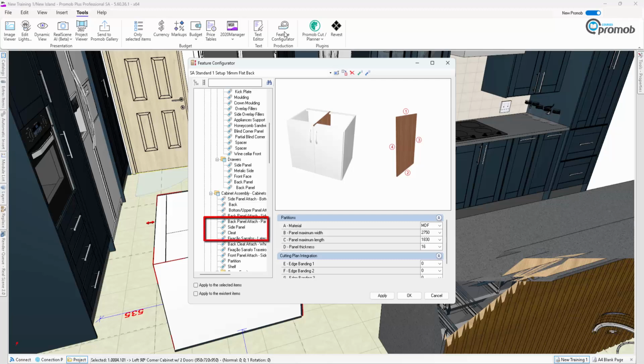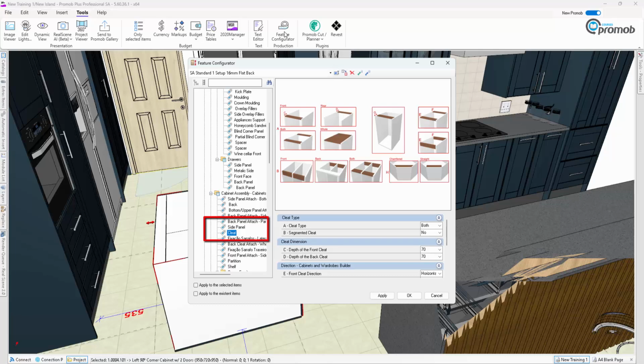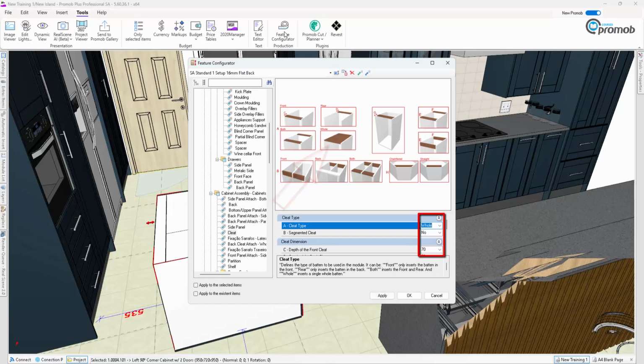If I come down to Cleats, I could change this to whole. Now it's on whole top. I go here and say apply to selected item. And now if I say OK,